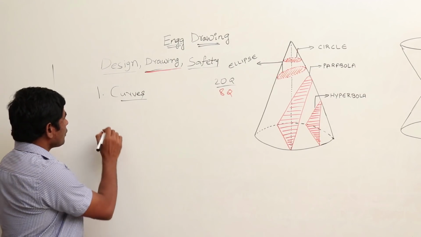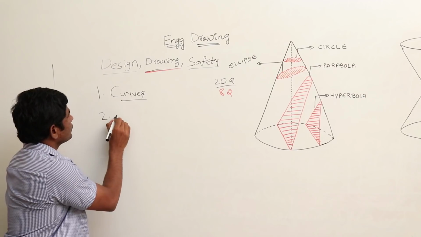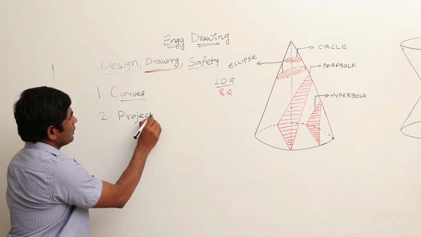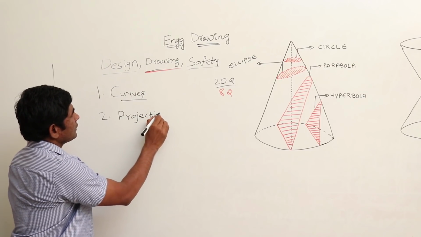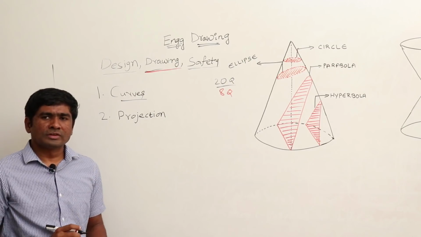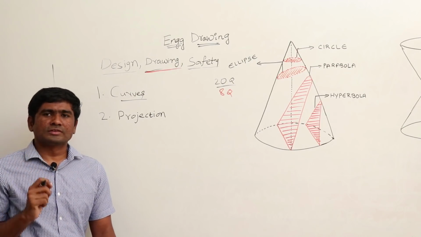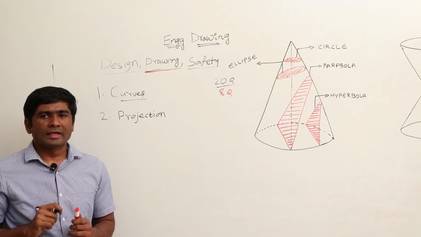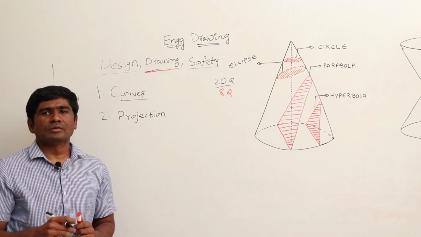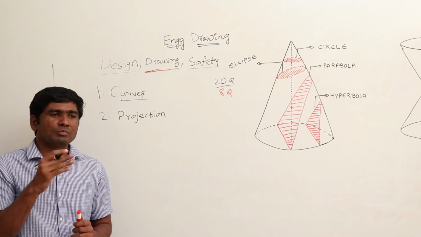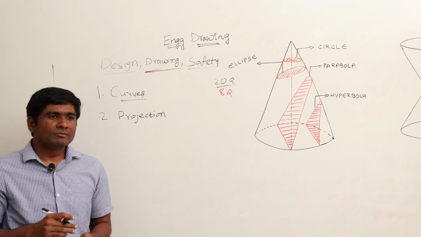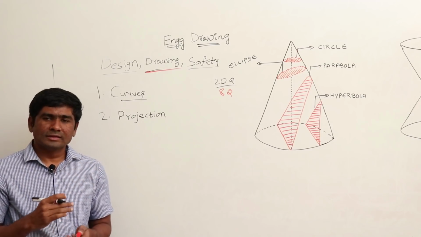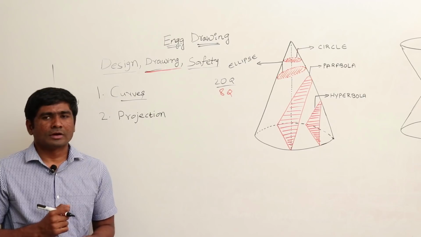The next topic I would like to take up is projections. Here we have orthogonal as well as isometric projections. In orthogonal projections, we first start with point projections, and then we will take up line projections, because if you recollect, last year there was a direct question on line projections, and there are some questions on plane projections also. If time permits, I would like to cover even solid projections also. Let's see if time is there, I would cover that too.